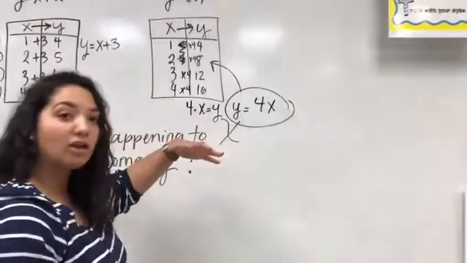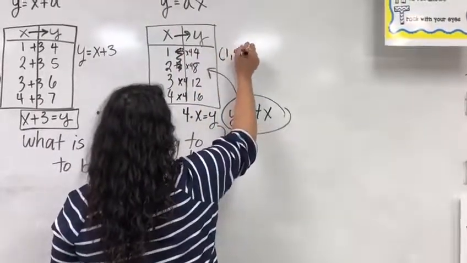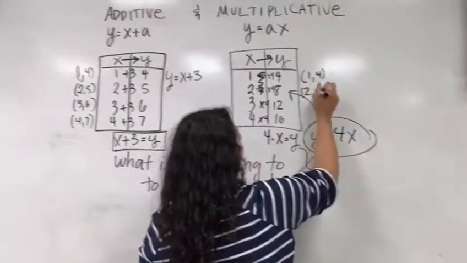Now we take it one step farther because this can be graphed. And again, this becomes an ordered pair. Now the easy thing about multiplicative